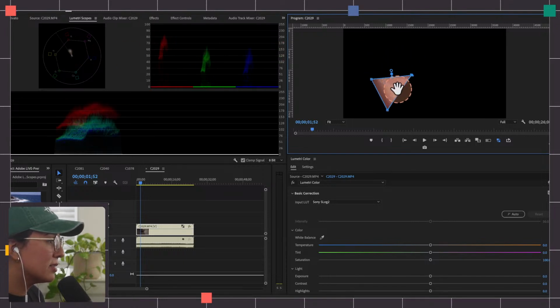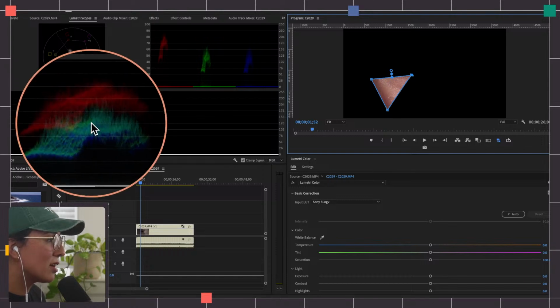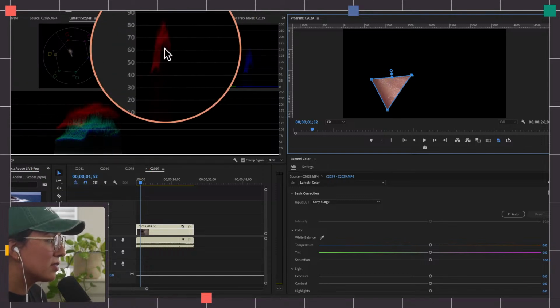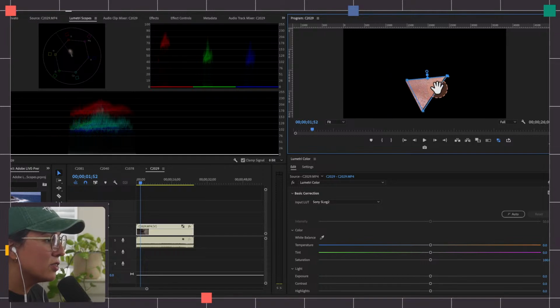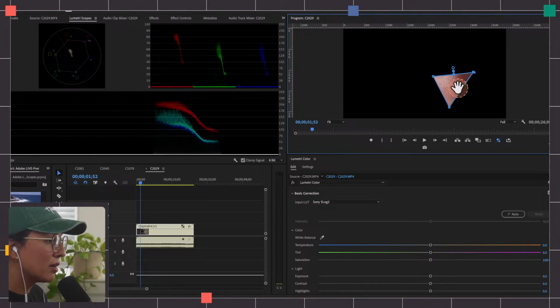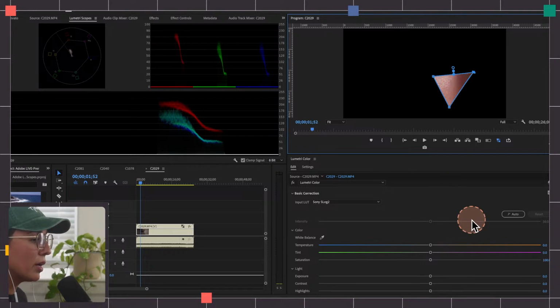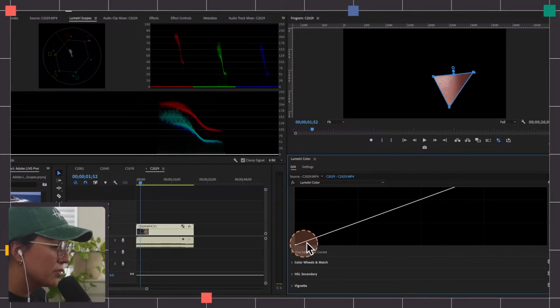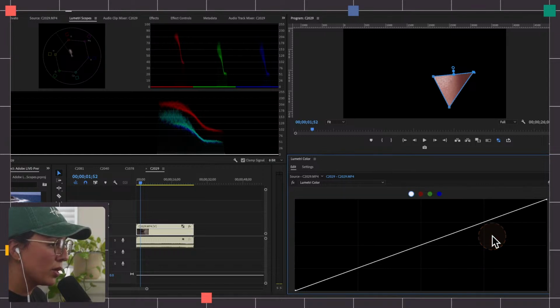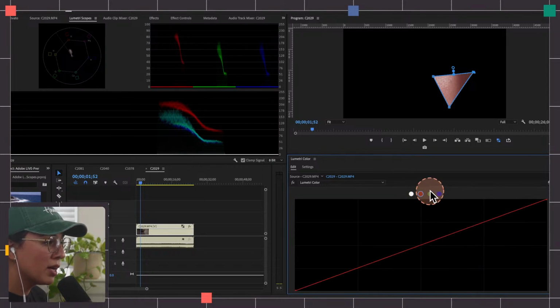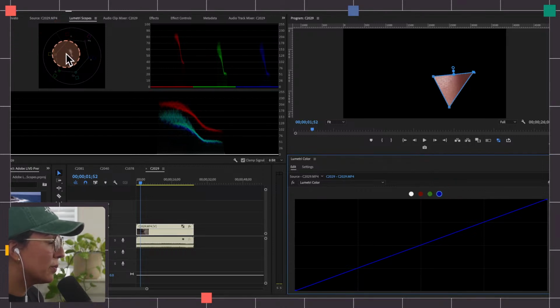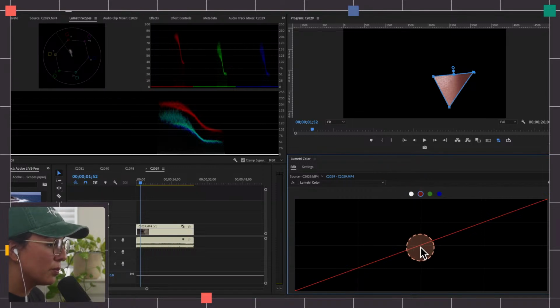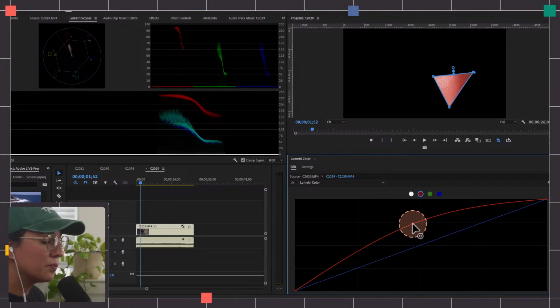it kind of has a similar tonality. You can start to see the changes in our graphs. RGB. Okay. So I think I'm going to play with right here because it has a little bit of shadow. Okay. So again, I love curves. I think the curves are probably the best way to mitigate how much red, green, or blue is in the graph. So if we want to bring this a little bit closer to yellow, we might have to remove a little bit of red. So you can see here, if I raise it higher,